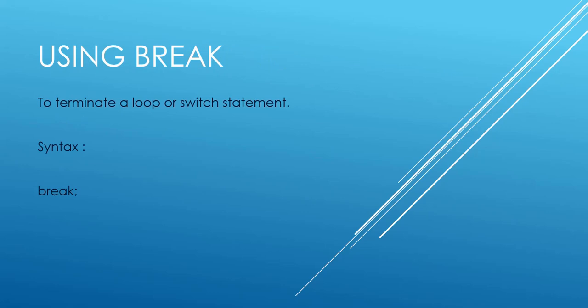So let us understand what a break statement is. A break statement is used to terminate a loop or switch statement. To delineate, a break statement forces immediate termination of a loop, ignoring the execution of the remaining code in the body of the loop. Whenever a break statement is encountered within a loop, it immediately terminates the loop. The form of this break statement is simply the keyword break with a semicolon.